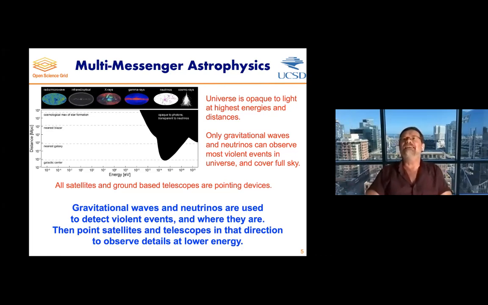I use violent simply because it's the largest possible energies that anybody has observed phenomena in. So, if you think of the energy scale here, if you're at low energies anywhere here, then you can study things based on light, and we have a gazillion measurements of all kinds of phenomena in the radio wave, the microwave, the infrared, the X-rays, the gamma rays, all over the map. Yeah, the things we know about.